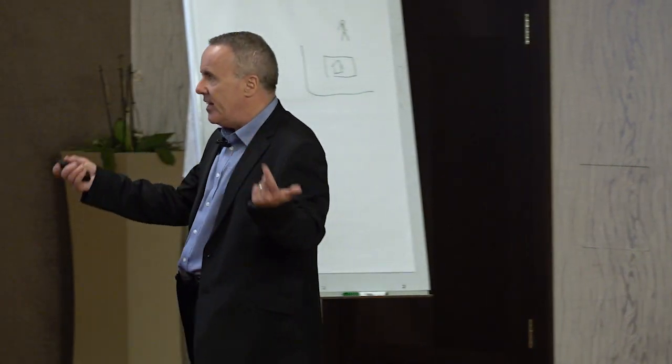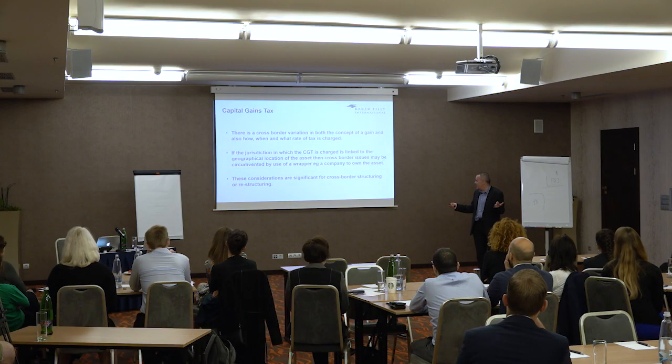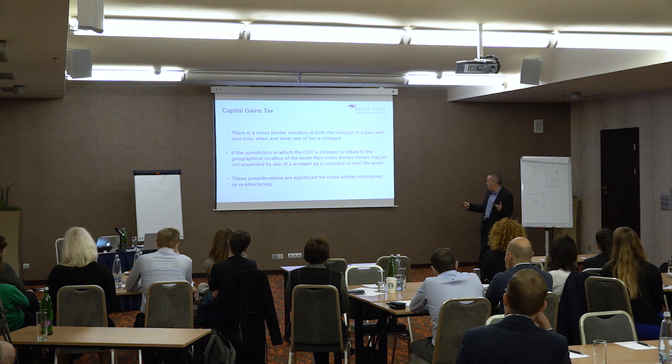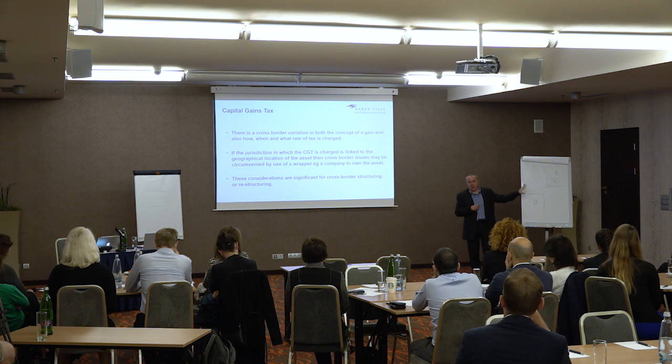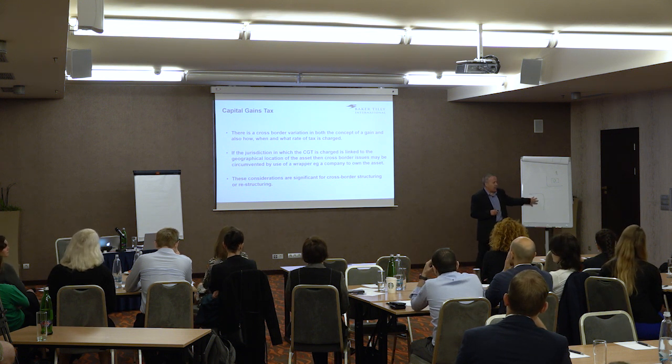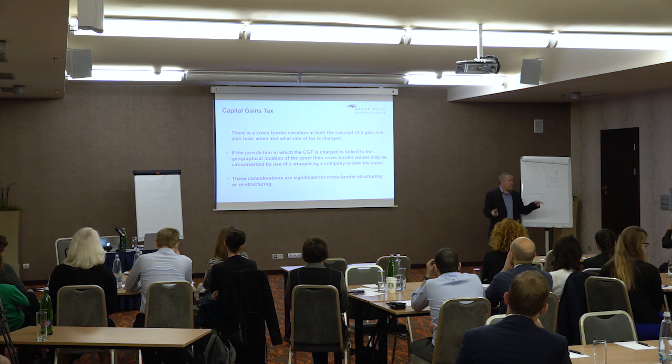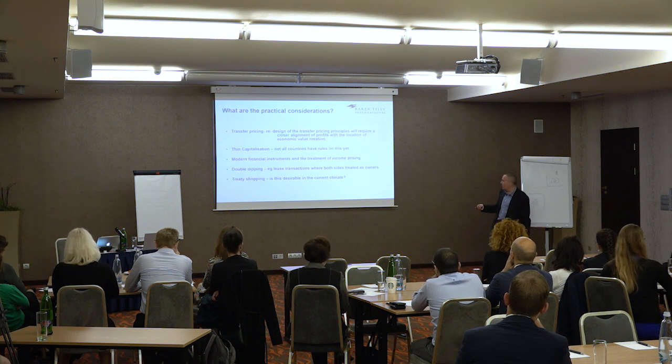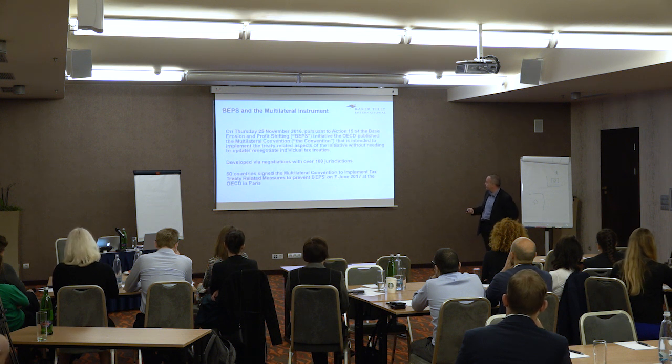So that's just one thing you need to be aware of when you're looking at capital gains tax: what does it apply to? Does it follow the geographical location of an asset, which most jurisdictions do? And then does it have any more sophisticated rules to stop the change of the geographical location of the asset by putting in place a company or something else that owns the asset?